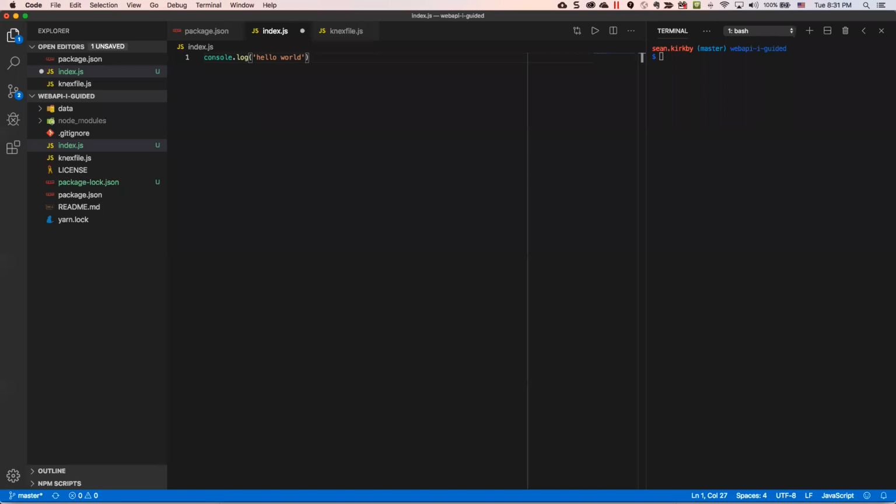I'll call it index.js, and just have it say hello world. Okay. And I'll save this. And now that we have an index.js file that exists, now I can do, by the way, if you want